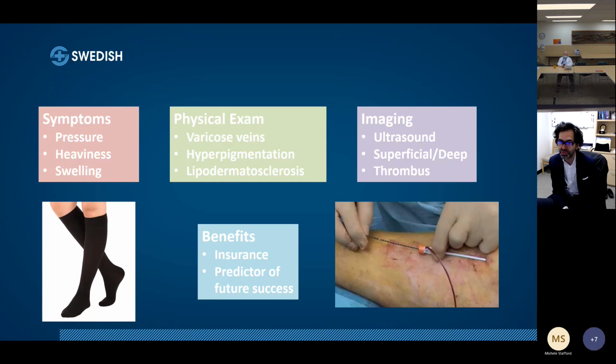But if you have patients who wear a compression stocking and they really derive benefit from it, meaning their legs feel better later in the day, you've reduced their edema, and just in general, they feel like the stockings have had a positive outlook in terms of their overall quality of life, 80 to 85% of the time, some sort of an intervention on their varicose veins will provide them with relief